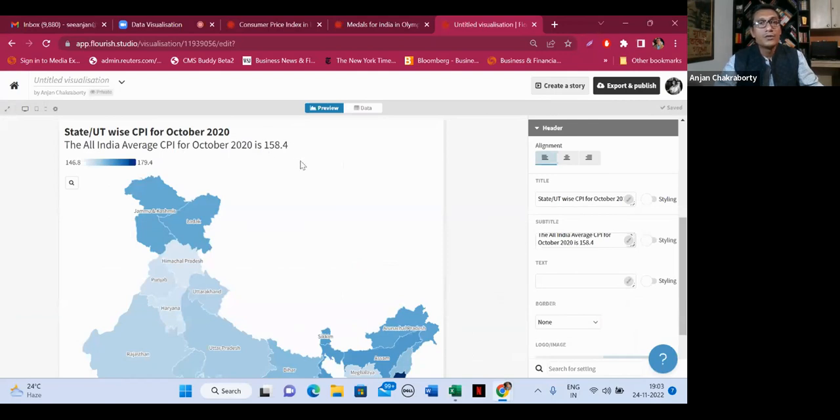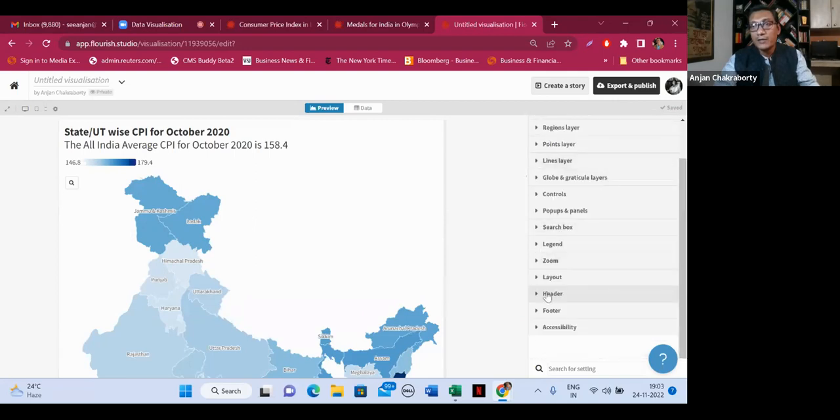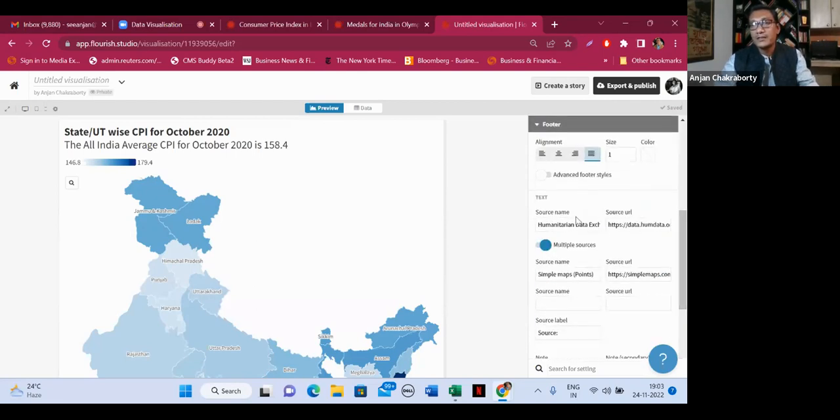So I now know this. What else? What is the source of this data? That will not come in the header. Where will it come? In the footer. You will see there is something called footer. Click on footer, and you see there are certain sample sets already provided here. I'll delete the source URLs. And what is the source of my data? The source of my data is Union Ministry of